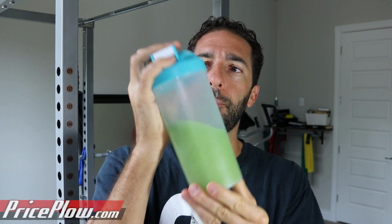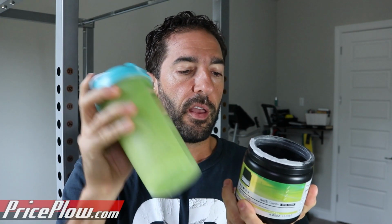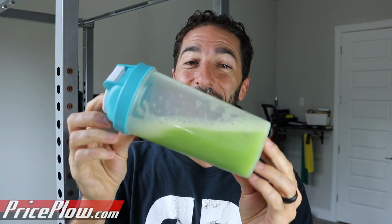You can see right off the bat, there is a lot of color in here, and it's going to be green. This is a lemon lime flavor, but what they're doing, and Myprotein does this a lot, is using spirulina extract, and they have a little bit of turmeric in here, but they're using natural colors. So this is not like blue number 1 or whatever. You're going to get actual natural coloring, so it does look green. And as for the taste,